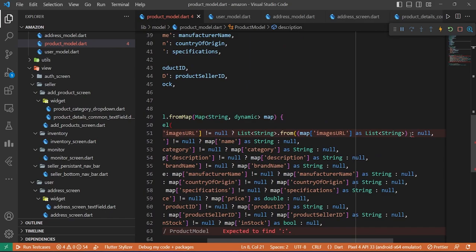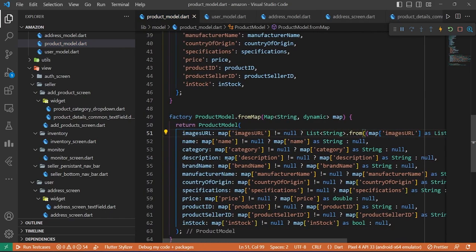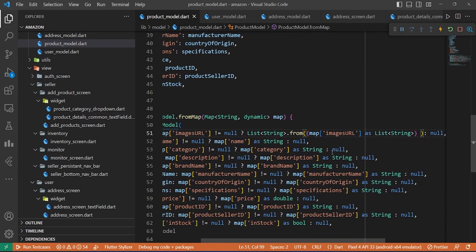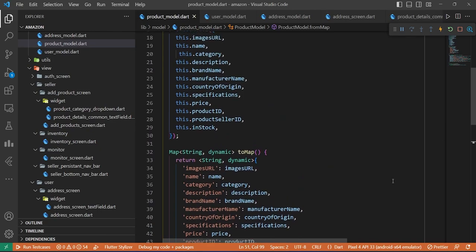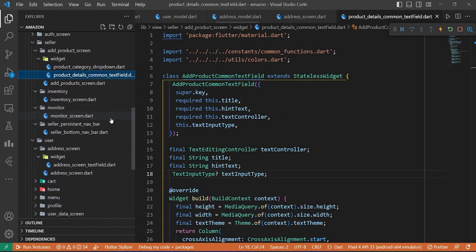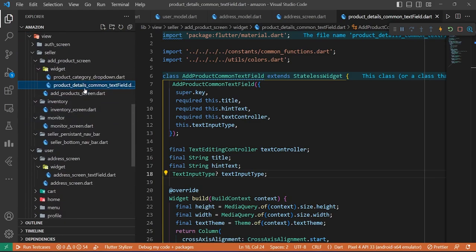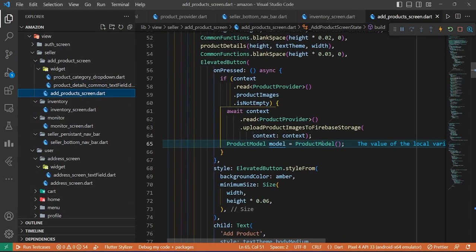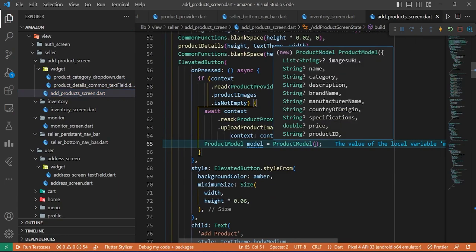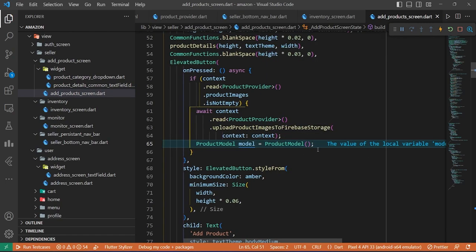Again, there goes this error. So this category map, category string kernel. Okay, so this model is good. Now we will move back to the add screen one. Product model equals product model. So here the thing is that it first checks that we have images in our list of file path images